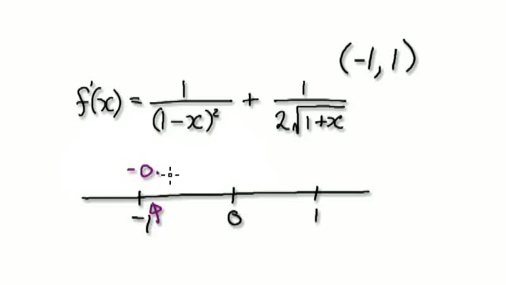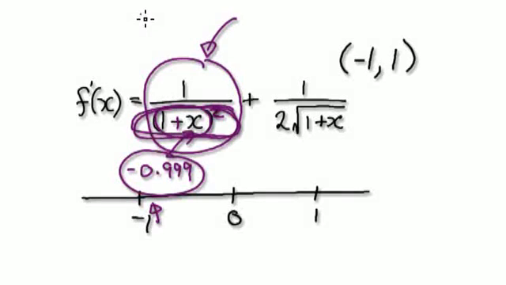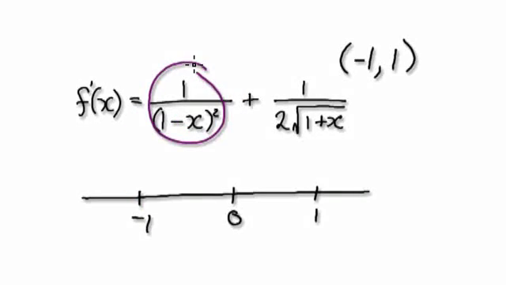Let's say minus 0.999 here. Put that into here. Well, 1 minus a minus, that will be a positive. So this thing here will be a positive, and when you square it, it will give you a positive small number, and then 1 divided by a very small positive number. Then overall, this thing here will be a big positive number. Well, the point here is that the whole thing here will be a positive number, and no matter where you slide back and forth here,